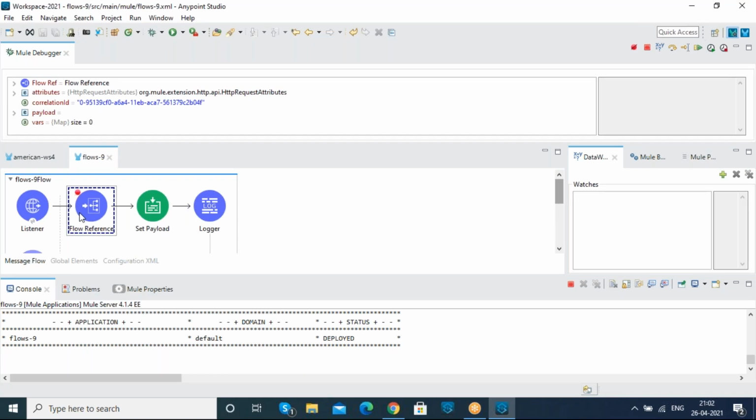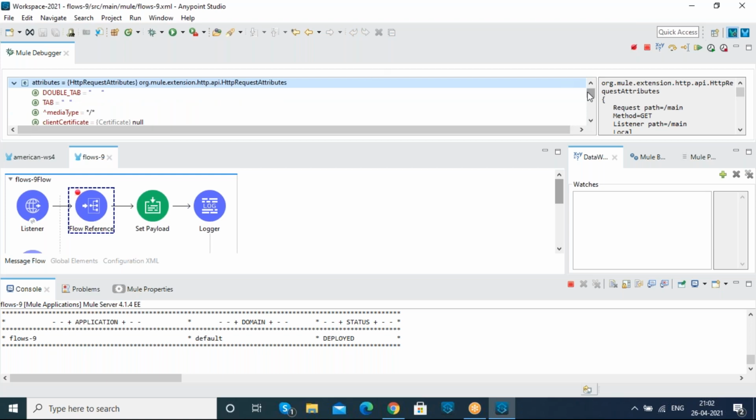Since we had not applied the toggle breakpoint at the HTTP listener connector, all the operations which are performed with the HTTP listener connector, we can check it under the attributes.